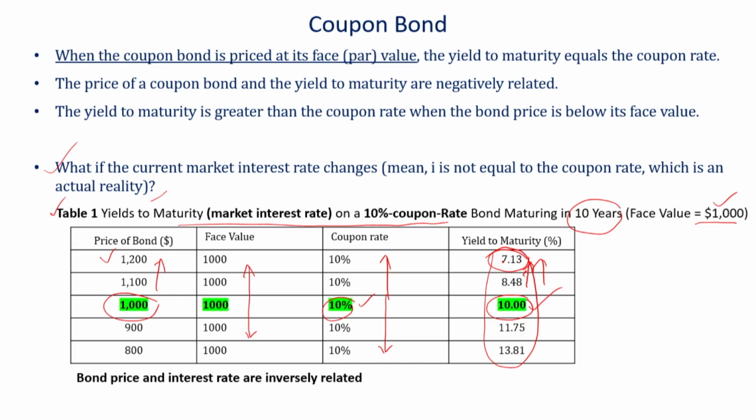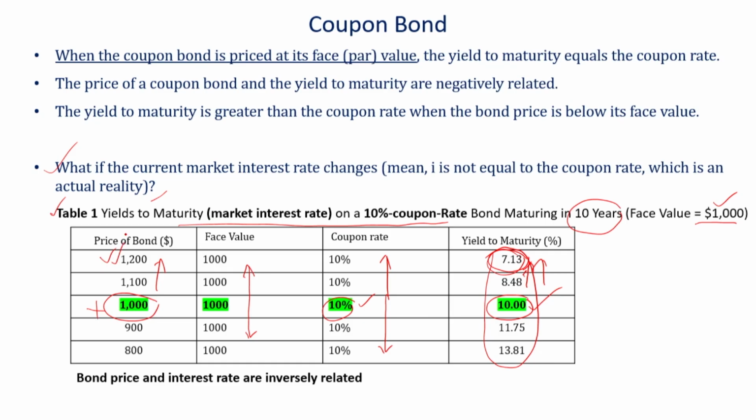Whoever is holding this bond is going to get 5% every 6 months, that is 10% annually. But the market rate of interest is only 7.13. That means the holder gets 10%, but the market is providing only 7.13. So in that case, when the government is selling this bond, they won't be selling it at 1000, they will be selling it at